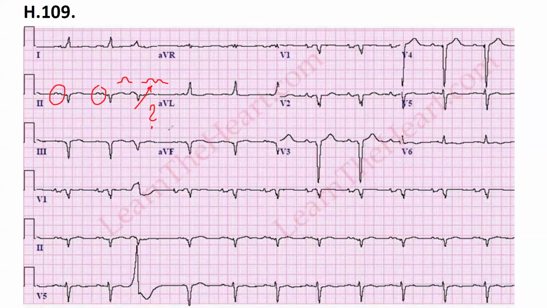Usually, if the P wave is wider, we're assuming that we do have an atrial hypertrophy. Especially if you see notching of the P wave on the left side, and the duration is longer than 0.1 second, it means that we do have a